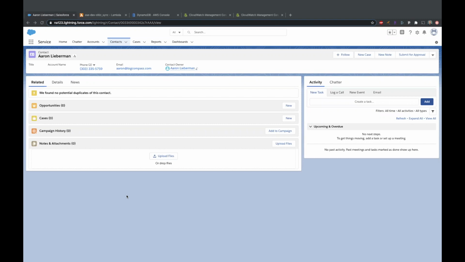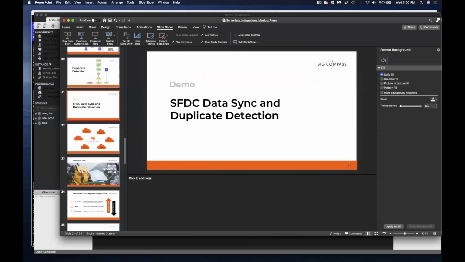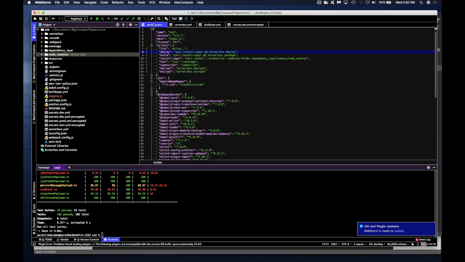So I'm going to pull up, you know what, I'm actually going to start with some code. There's just a couple of things that I want to show, and we're calling this the Salesforce syncing engine. That's SSE here. And what we did was, if you're not familiar with Node.js, we built this engine using Node.js and those serverless services that I showed in the diagrams in the presentation.